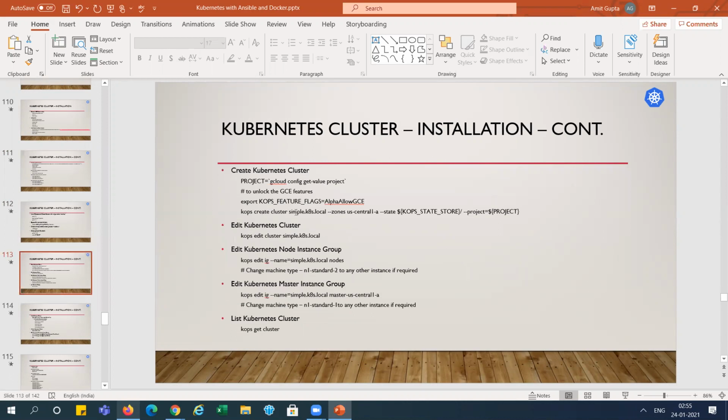This one, I'm just running this command. I've copied it and I want to run it here.